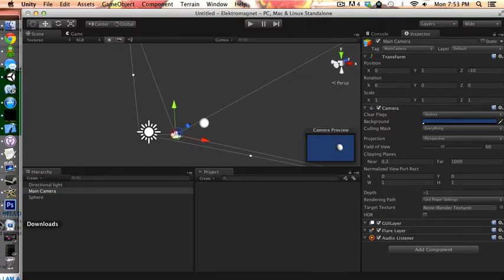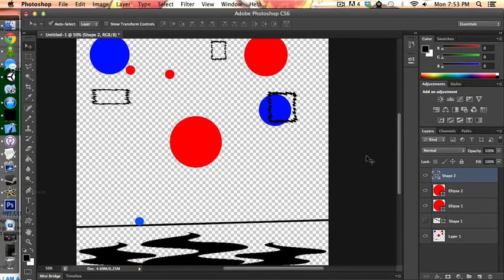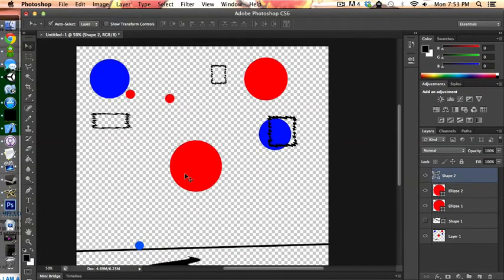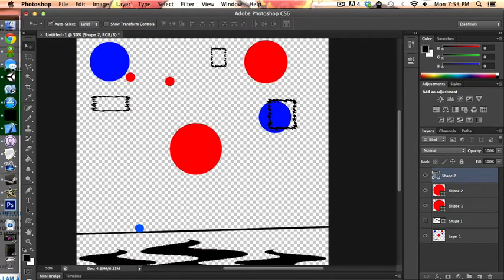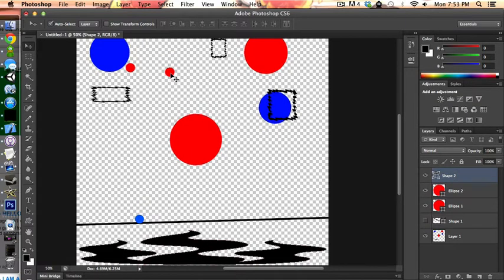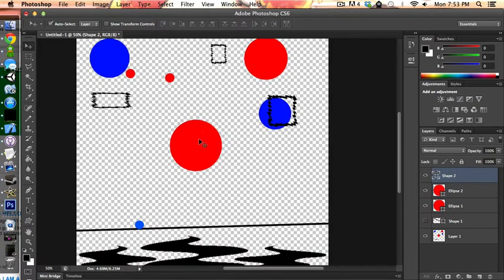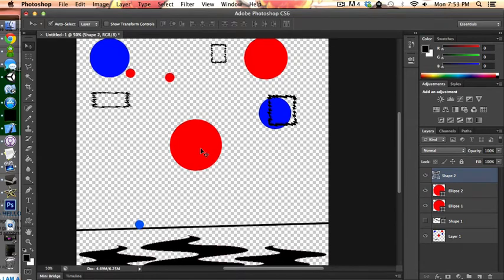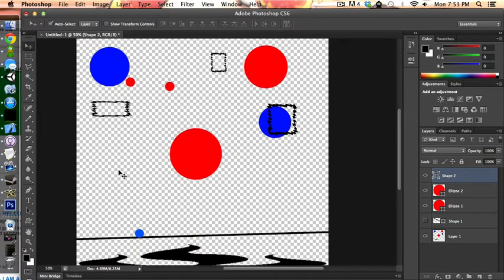Let's see. So the general thing that we're looking at here is we have, let's call them planets, or I like planets. We have planets. We have characters, which are basically just planets. I mean, although these things are fixed, they actually might not be fixed later on. They might be doing some kind of motion pattern. So, rootmost thing, planet.